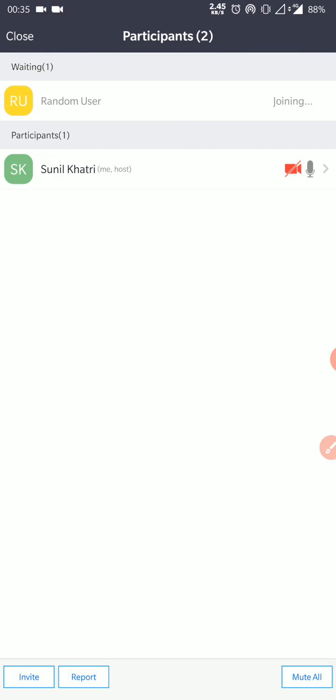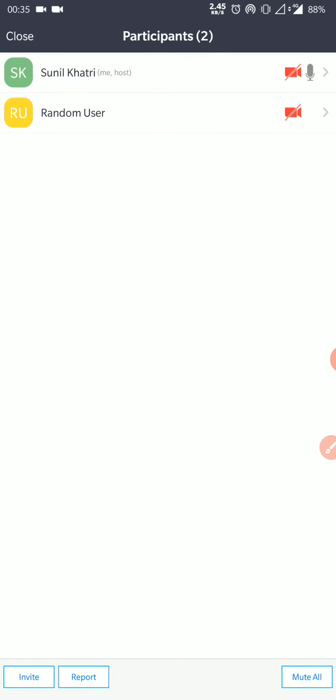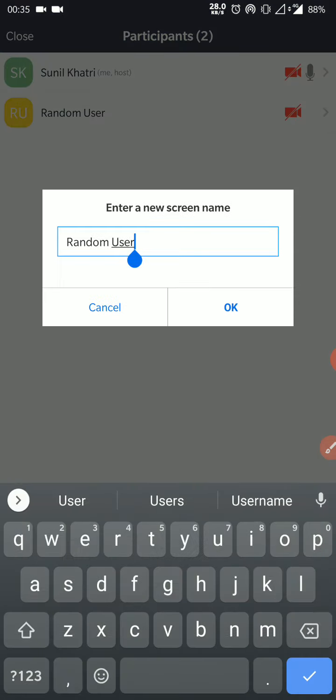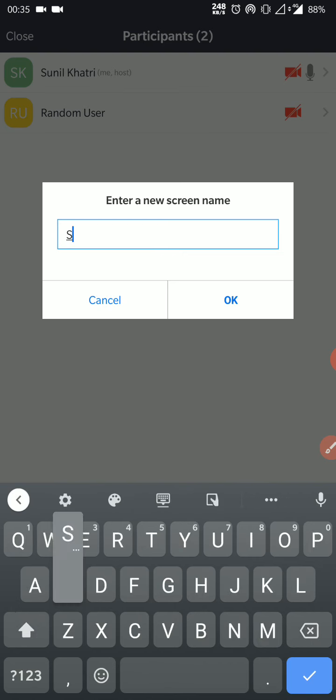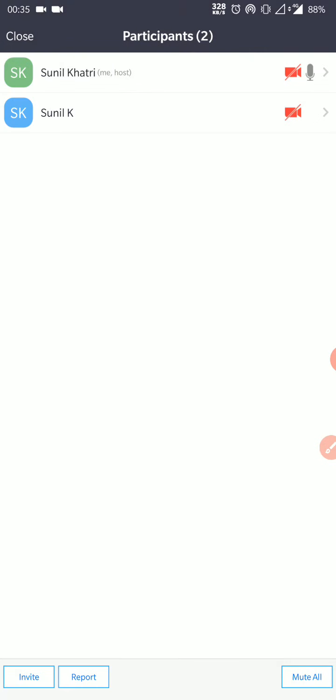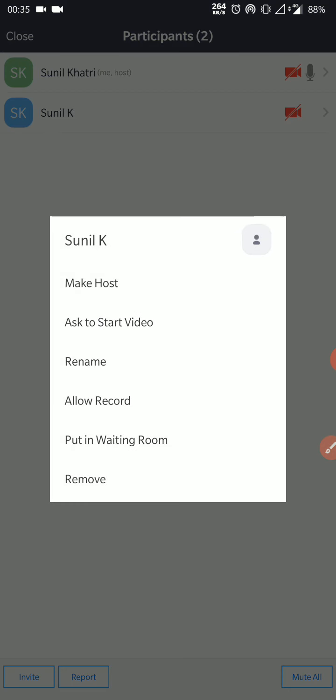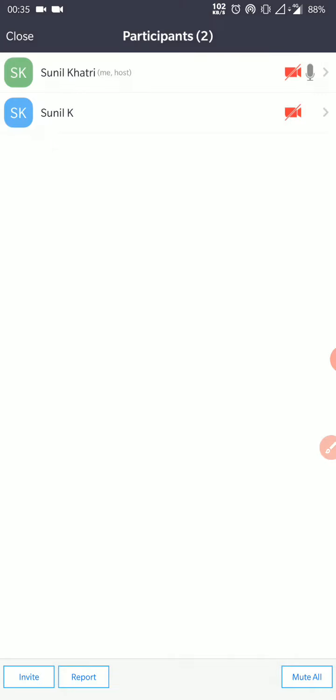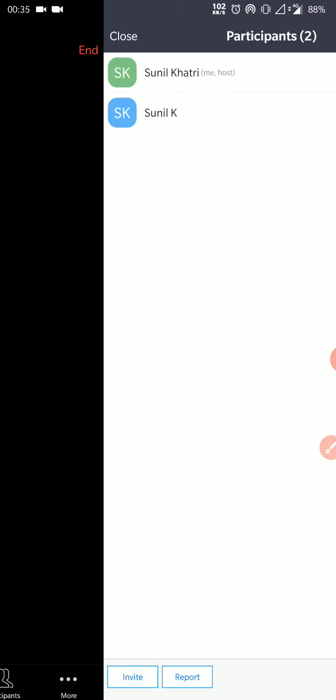So one more demo I'll give you regarding how to rename a person. For example, if this person's name is not proper, even from my end I can rename that person to whatever name I wish to specify. For example, if you identify that a faculty member has entered during scrutiny, but his or her name is not proper, but you know which faculty has entered, you can click on his or her name, and yourself you can rename him or her. So this is what can be taken care of while conducting the meeting.